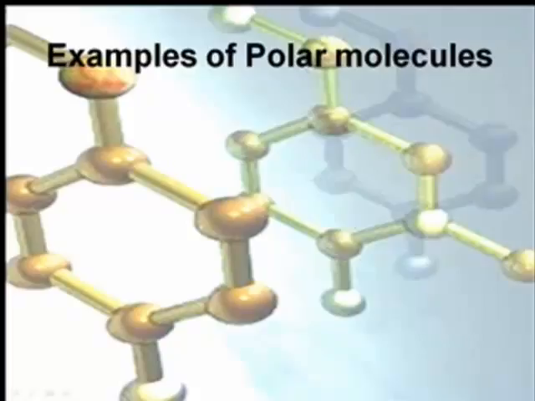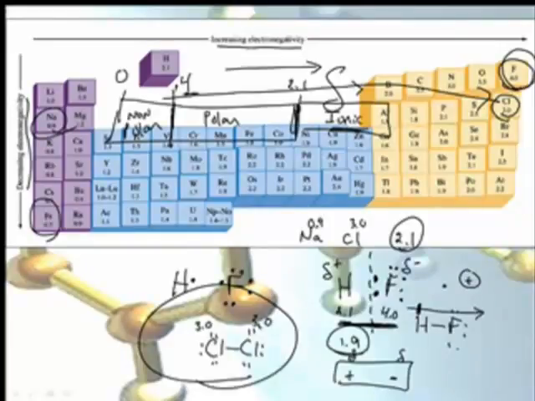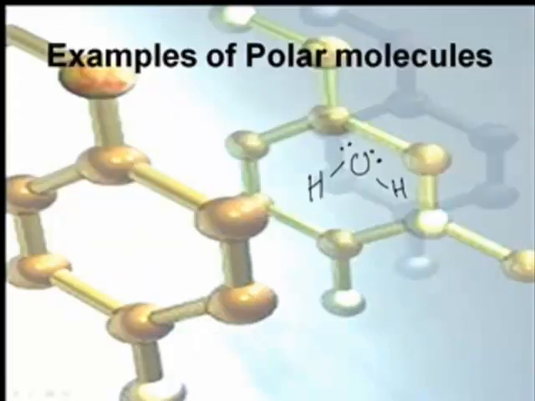So, examples of some polar molecules. The classic example is water, HOH. I'll tell you the shapes when we do the shape discussion a little bit later, but water has this bent shape. And O, oxygen, has a value of 3.5. So this number here is 3.5, and each of these hydrogens were 2.1 if you recall. And the difference there is 1.4, so that makes it a polar bond. And because of the shape, it's going to cause this